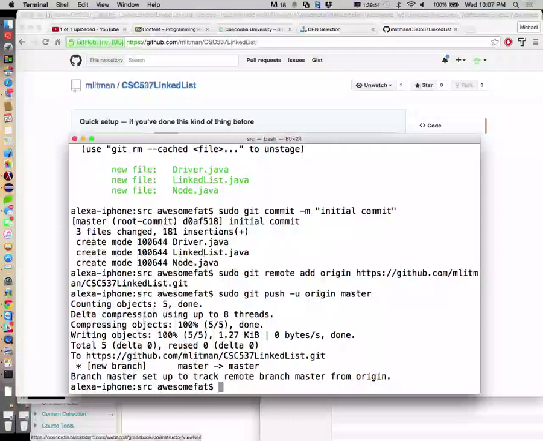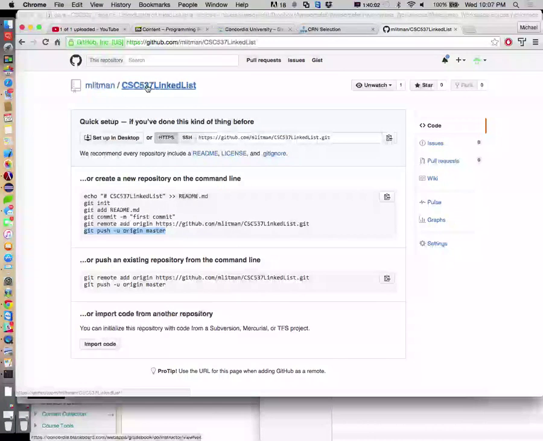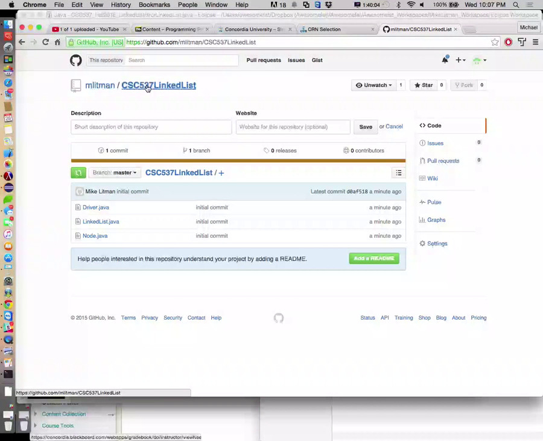Okay, so now it's going up to the cloud. The very first time you do this on your machine, you'll have to put in your GitHub username and password in order for it to work. But then ultimately I now have these files up there. So here's that repository, so I can now put this link on your assignment, and you'll have this as your starting point. You can just go to this website. Once you go here, you'll have a button to clone it, so you can download a zip file that has these 3 things.